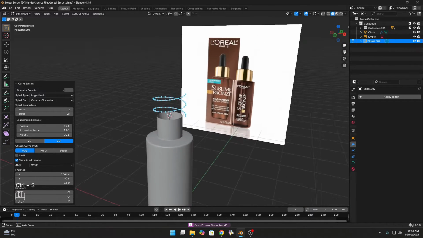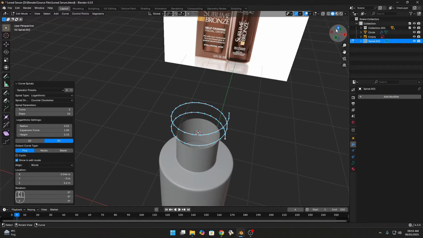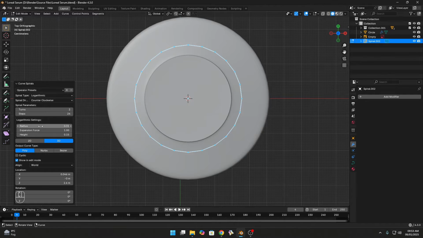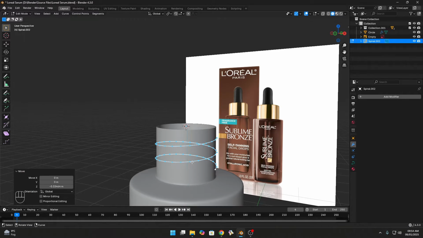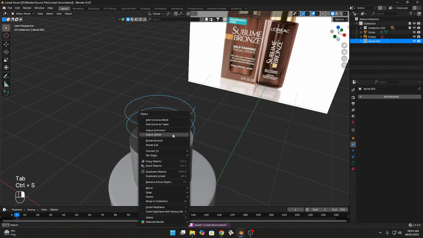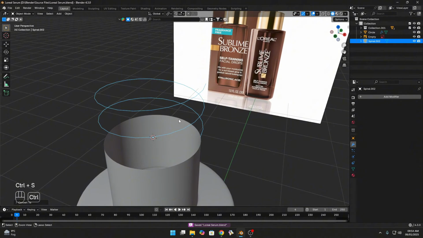So that's our spiral. I also decrease the height like this, and on the Z axis I set the radius down like this. Now I move it down. Yeah, it's okay now. I place it here, then right click and Convert to Mesh. So first it was a curve, now it's a mesh.